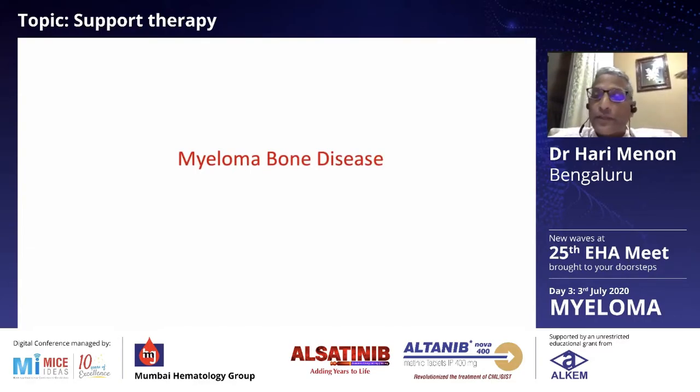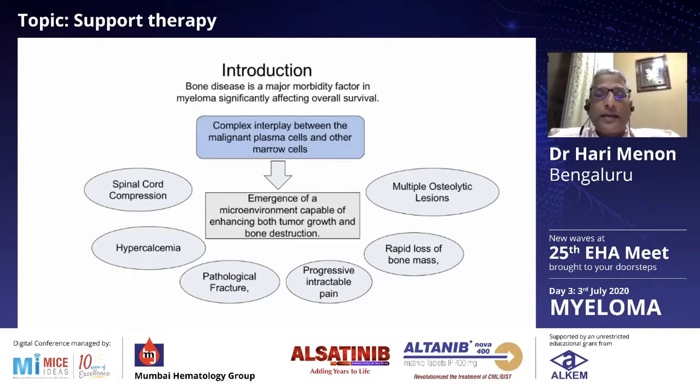We'll address the first question of myeloma bone disease and how it basically pans out. So there is a complex interplay between the malignant plasma cell and other marrow cells, and this results in the emergence of a microenvironment that is capable of enhancing both tumor growth and bone destruction. And these can translate into situations such as spinal cord compression, which could be due to a fracture of the vertebra or due to the presence of a soft tissue component, which may be causing pressure to the spinal cord. Hypercalcemia because of excessive bone destruction is a very, very common feature that we come across in myeloma,